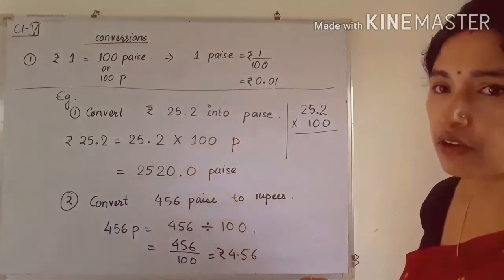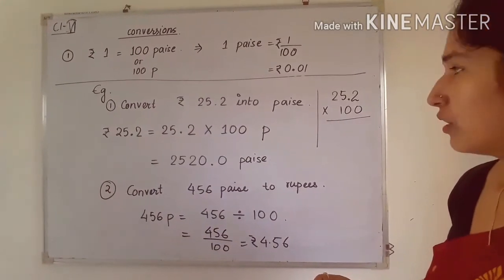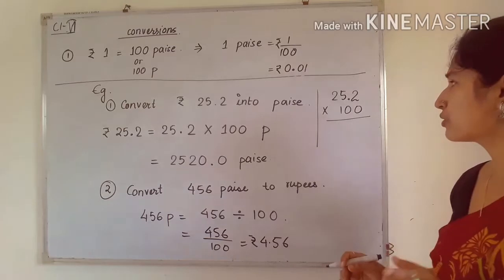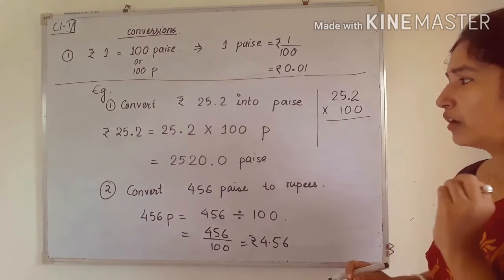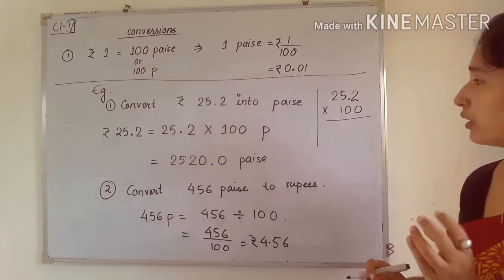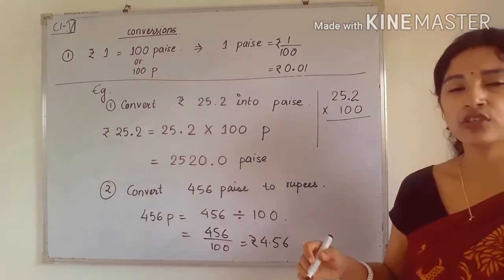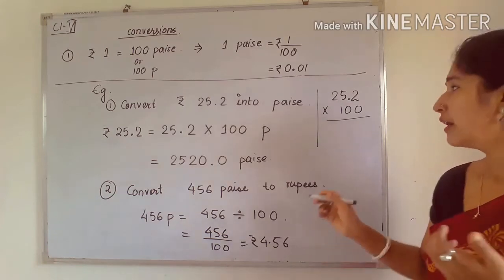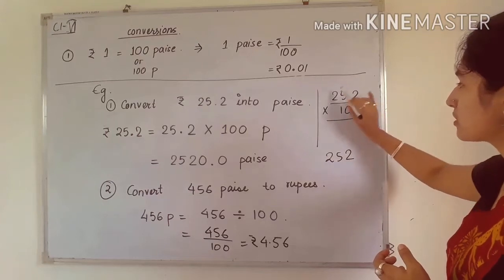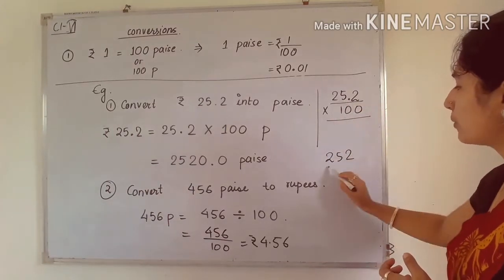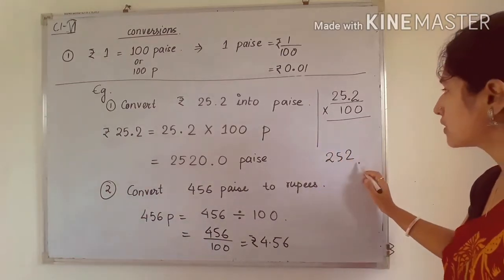When you go to class 7, you will get some questions that will be difficult. Here first of all, see what the basic is. You have to check how to put the decimal point. So see, 252 into 100. I told you, if you are multiplying with 10, 100, 1000, then you write the same number, because we multiply this number with 1. 252 with 1 will be 252, because any number multiplied with 1 gives the same number.